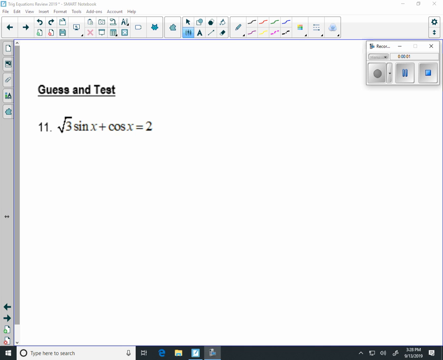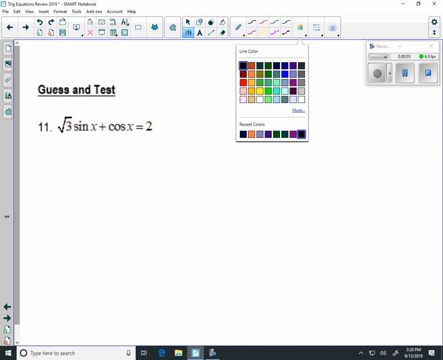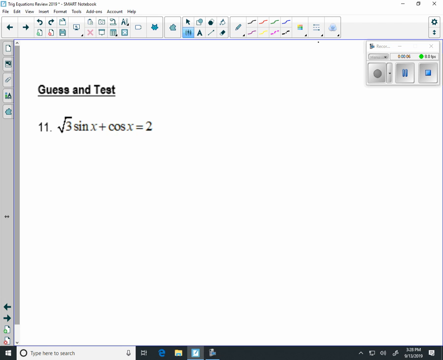Okay, so here are some guess and test problems. Now these can be really painful, but I don't think they're so bad if you think about the pairs that have to work together. As long as your variables match, then you have to be in a pair on the unit circle. So that means that 1/2 and radical 3 over 2